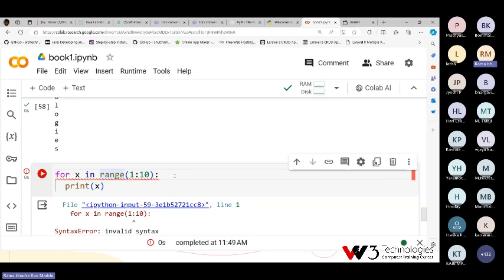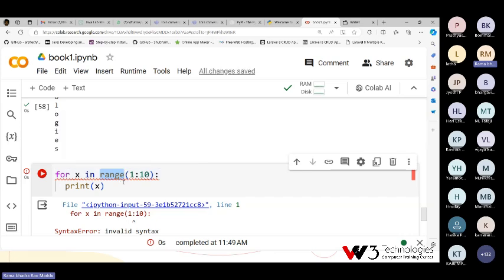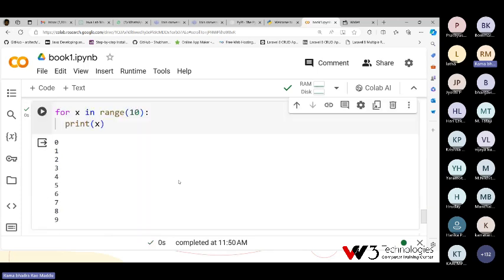This is a range. It is one type of range operation. If I give 10, initially it is taking 1 to 10.